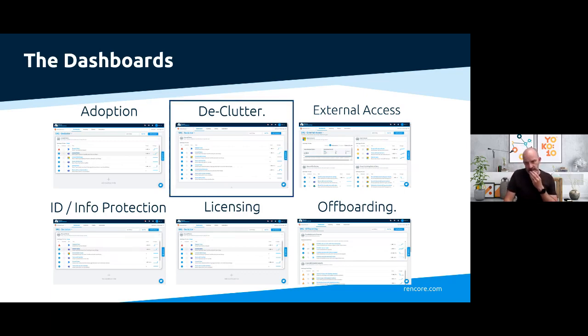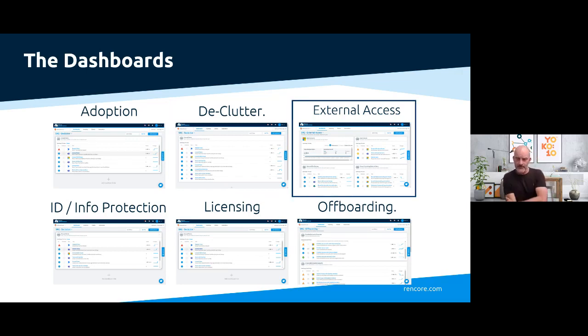The next dashboard, the declutter dashboard, was about looking for content repositories. By that I mean like Teams, SharePoint sites, OneDrive sites, and looking for any that either haven't ever been used or perhaps were used but are no longer used. So this is looking for areas where we can potentially archive or delete, trying to keep on top of or prevent that sprawl that you can sometimes see in an environment. The same went for things like Power Apps and flows that might have been created. So it wasn't just about the file storage, it was also about instances of Power Apps and flows that may no longer be required.